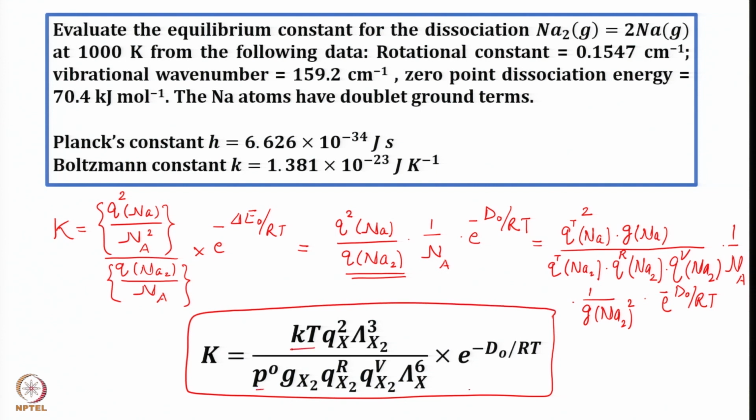Kt by P naught, you have Gx square, lambda x2 cube, Gx2, Qrx2, Q vibrational x2, lambda x6 exponential minus d0 by RT. That means now the next problem is to evaluate the thermal wavelengths, rotational partition function, vibrational partition function, and then proceed for the